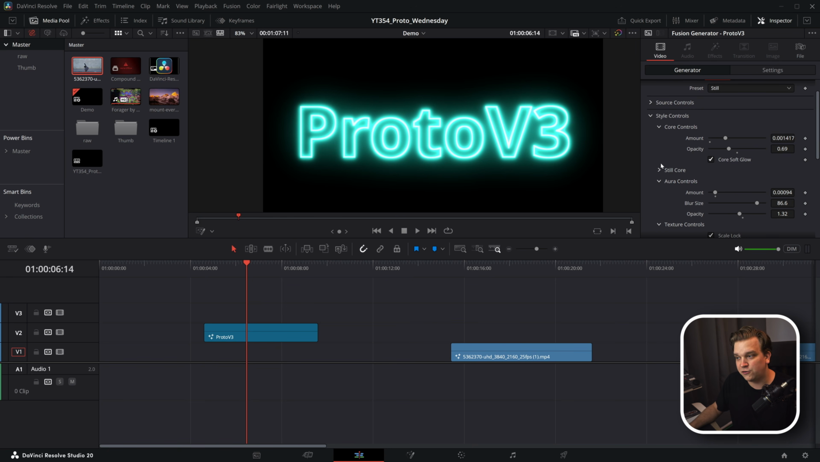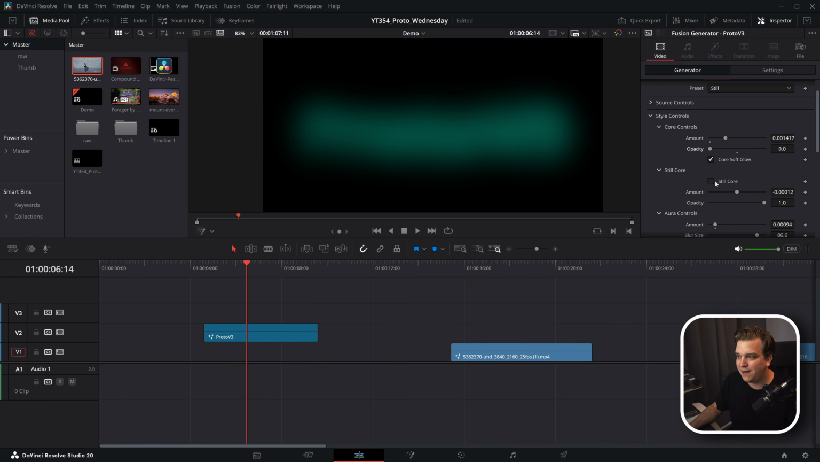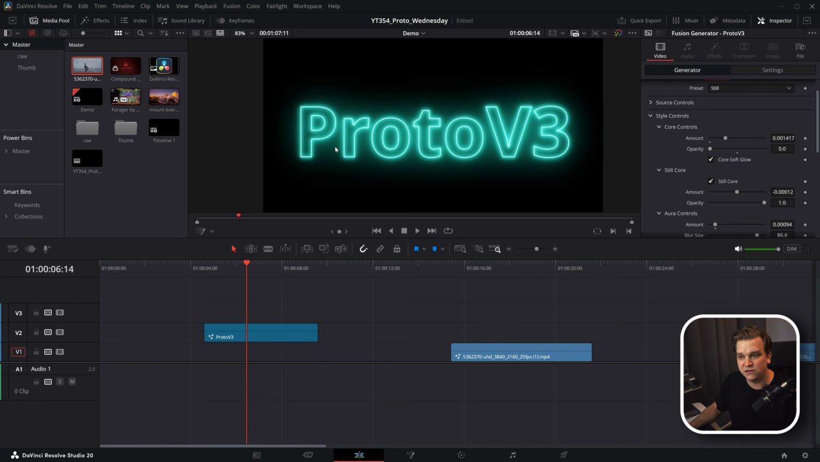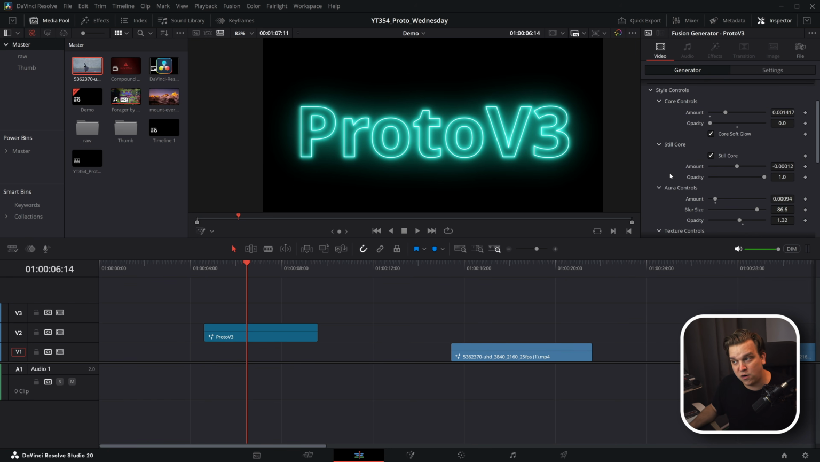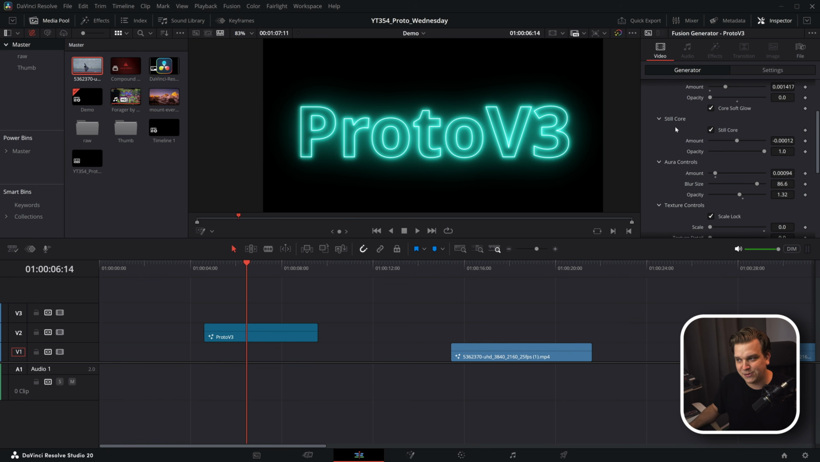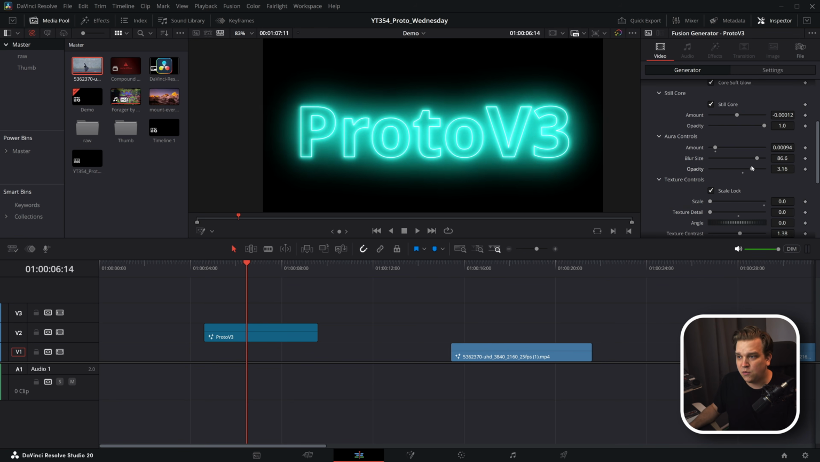But inside core controls, we also have this still core control. If I pull down this opacity, I can toggle on this still core again, and it's just like another copy, but we might circle back to this because this is really useful when we start adding on distortion. Because this still core will not be affected by that distortion while this main core will. So we have core, that optional still core, and then aura, which by default is just a little area,